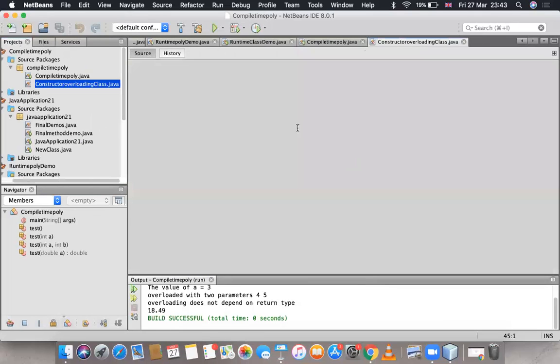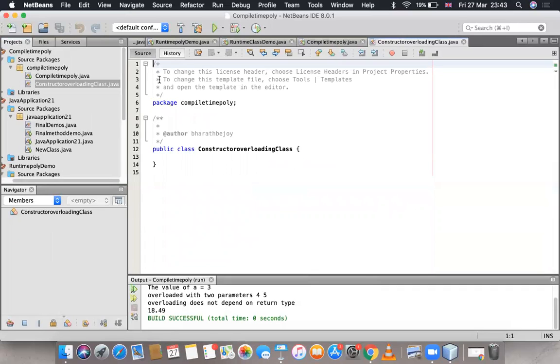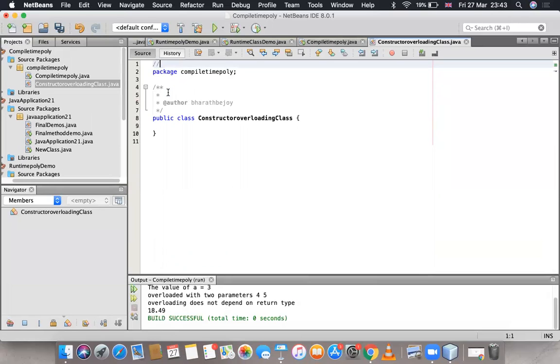Click on finish. So you got this constructor overloading class. Let me add one comment over here: Program to describe constructor overloading.